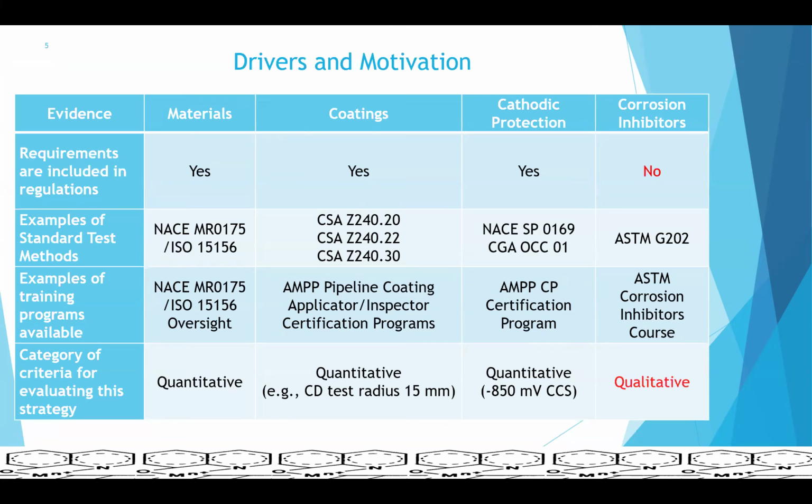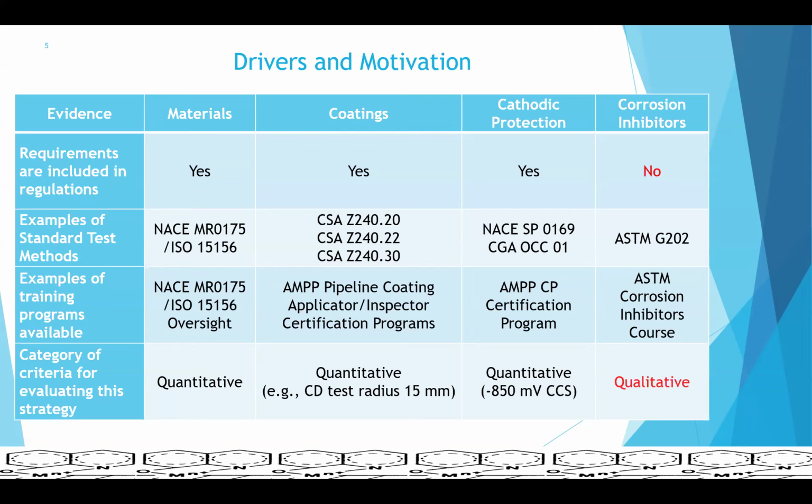So to protect carbon steel, externally, we apply coatings backed up by cathodic protection. For internal corrosion control, the time-tested and proven methodology is corrosion inhibitors. But if you look at the evaluation of these four strategies,